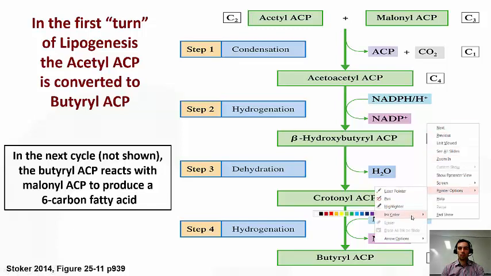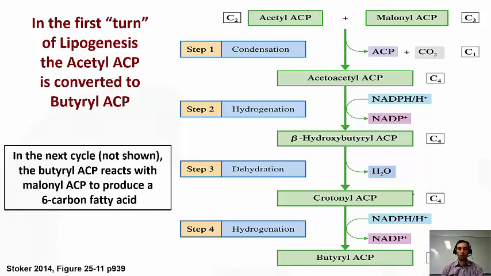So we can see a summary of those steps that we've gone through in the lipogenesis process. Each lipogenesis turn or cycle consists of these 4 steps. In the first step, we combine our acetyl ACP and our malonyl ACP, releasing one of the ACPs and also the carbon dioxide off the malonyl ACP. We're able to create this 4-carbon unit that we call